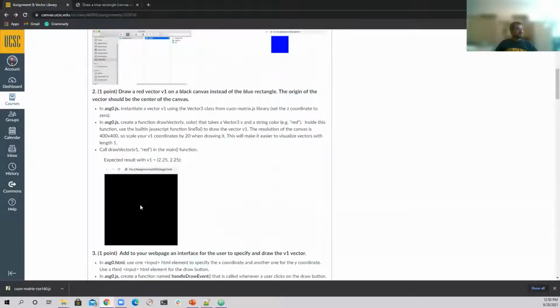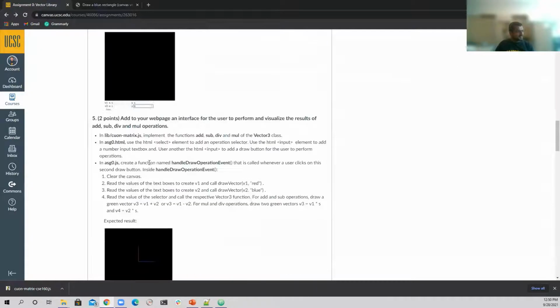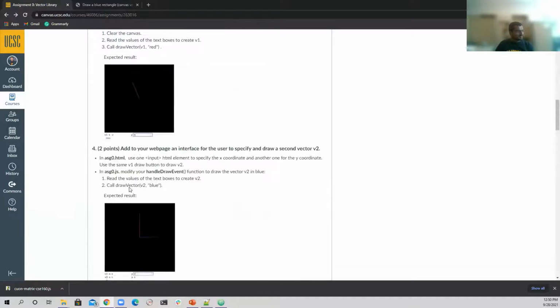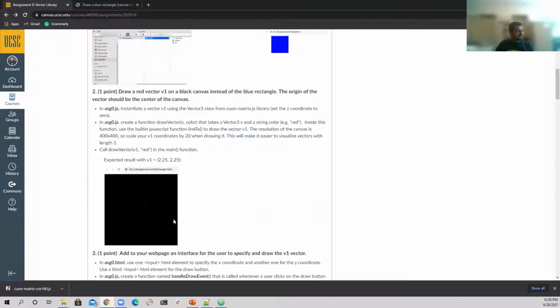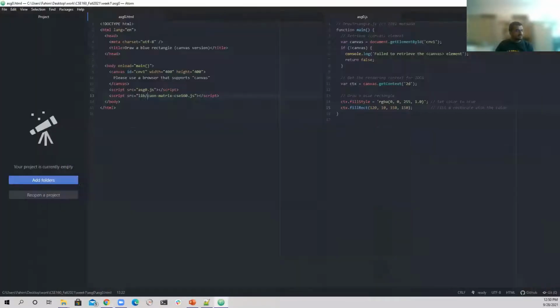Then you need to create a line, right? Line like this. And then eventually you'll have to create a user interface like this, and buttons and everything. So let me first create this black background. How can we do that? We can fill the whole canvas with a rectangle. Right? So I have this blue rectangle. Let me make this black. How can we do that? We can